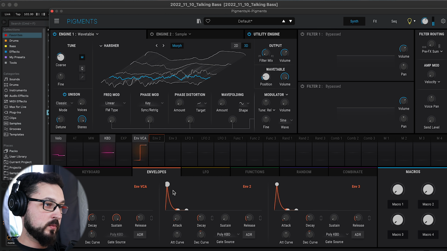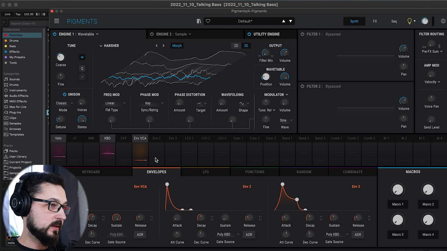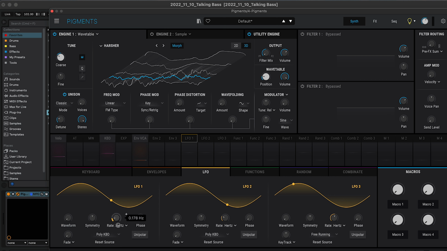Okay, the first envelope will be quite spiky as it is now. Okay, and then the third one will be a little bit like that. That will be our talking envelope. So let's do a little slower attack, and we will play with that a little bit later. So then LFOs. First LFO really slow